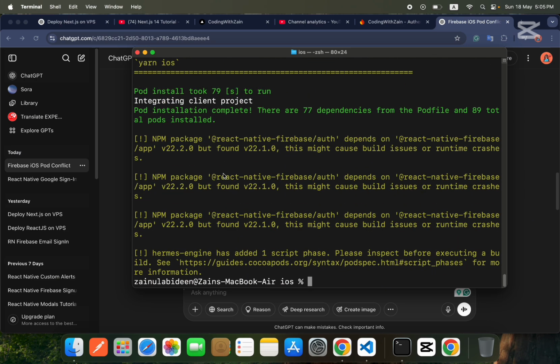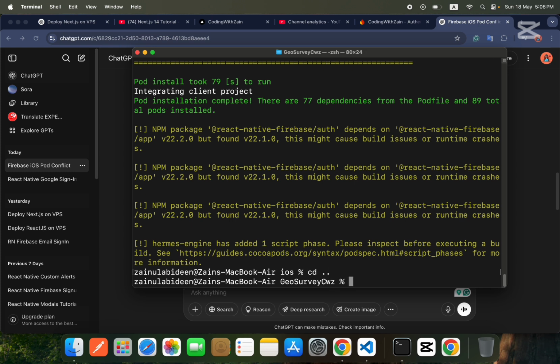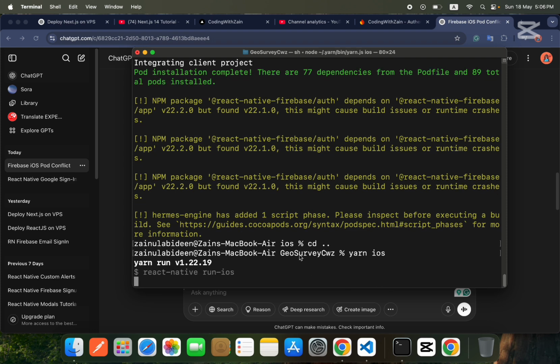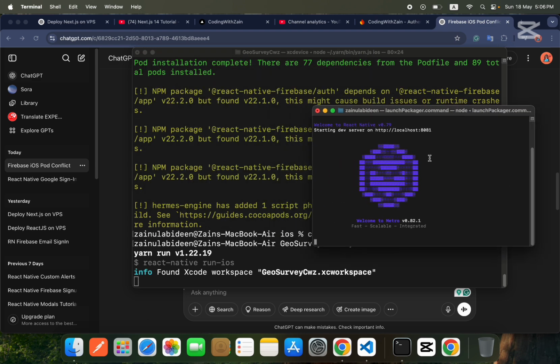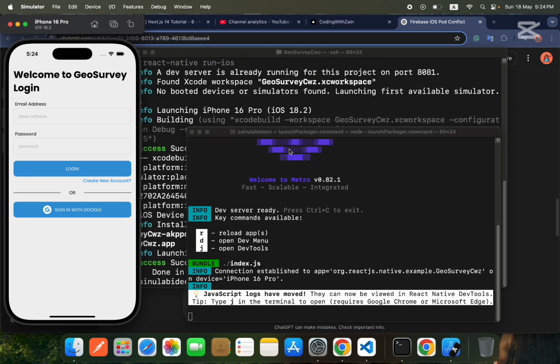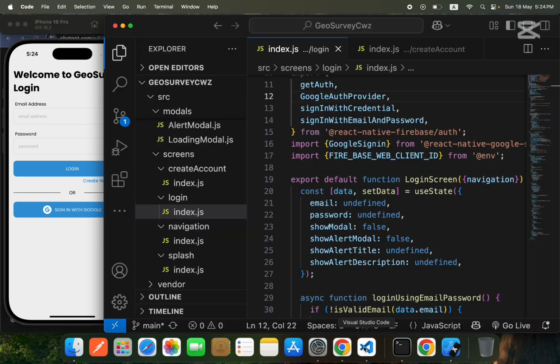Okay guys, so now we didn't get any error, which means all is working fine. Now we will cd back to our main folder, and we will run yarn ios to run our application in iOS. So in today's video we will use the iOS emulator. Okay friends, now you can see our application is up and running, and now we will create our own